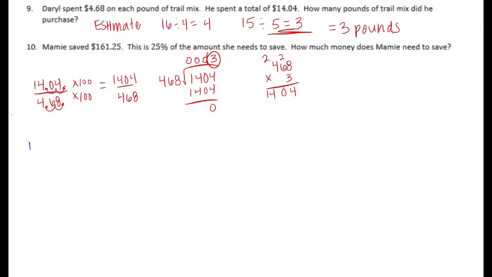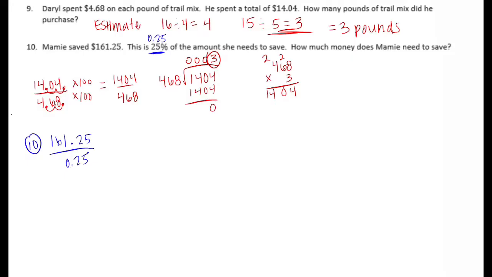Okay, number 10. Mamie saved $161.25. This is 25% of the amount she needed to save. How much money does Mamie need to save? Okay, so first let's turn this percent into a decimal. So 25% is 25 hundredths as a decimal. So that's important. So we're doing 161 and 25 hundredths divided by